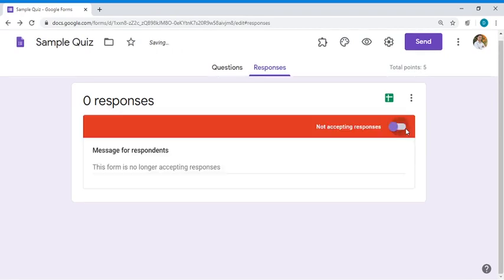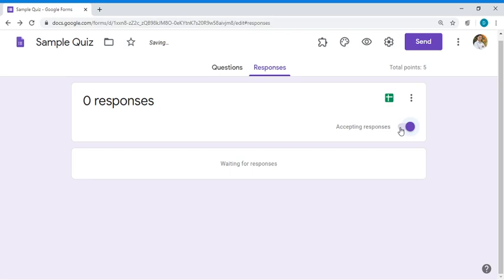Here you have to first make this setting not accepting responses, and whenever you want to start the examination, at that time you have to click on accepting responses, so that responses will be accepted after entering the correct password.